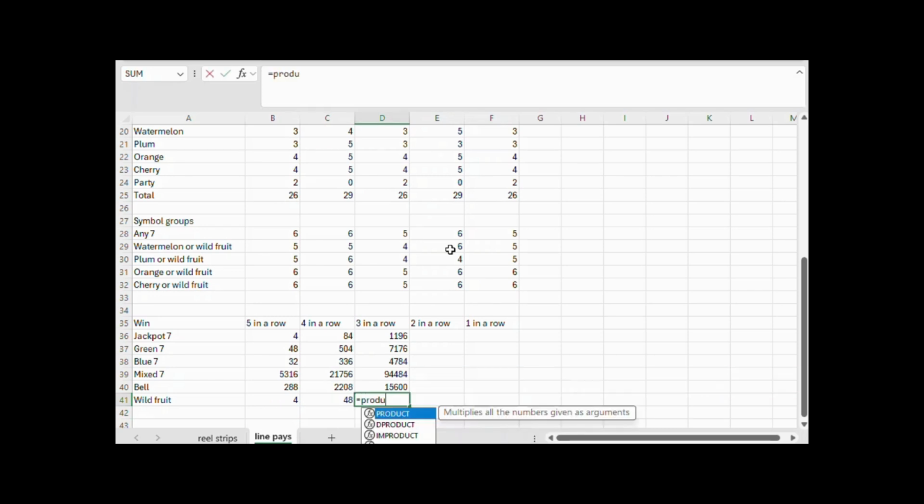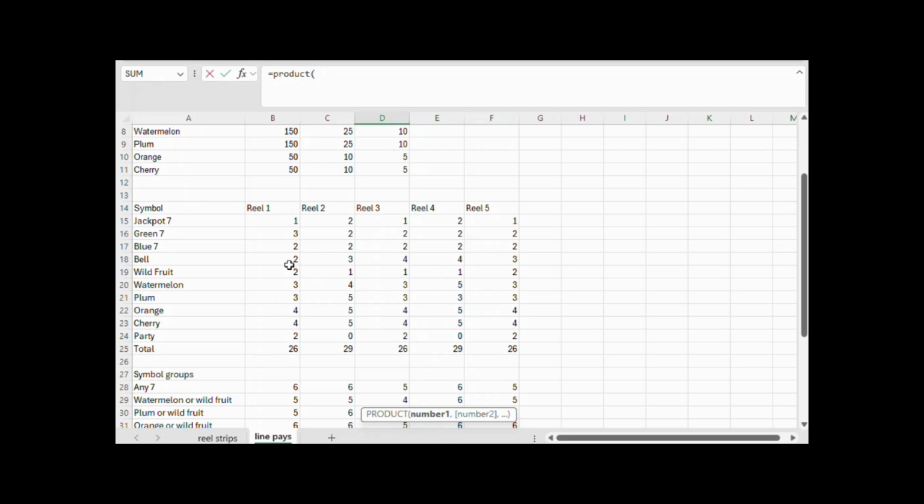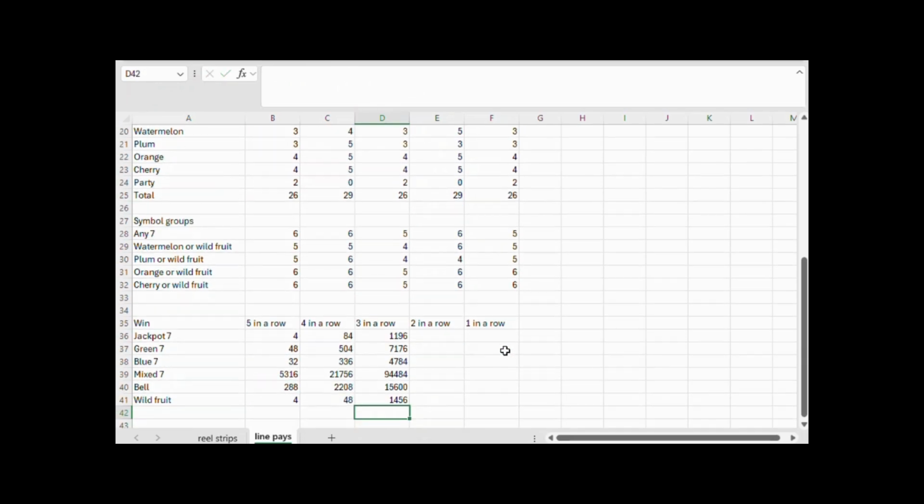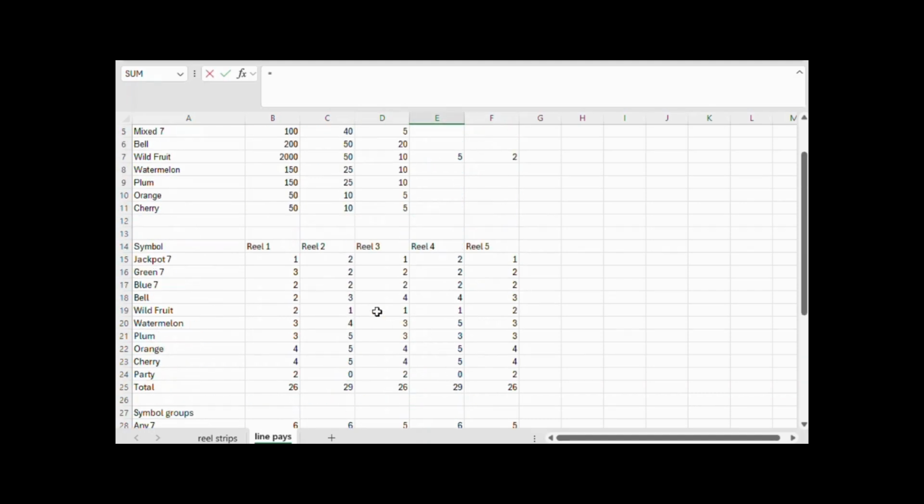And the number of ways the player can get 3 wild fruit is the number of ways he can get them on reels 1, 2, and 3, times the number of ways he can get anything but a wild fruit on reel 4, times the number of ways he can get anything on reel 5. And this game pays for 2 wild fruit, so that's going to be